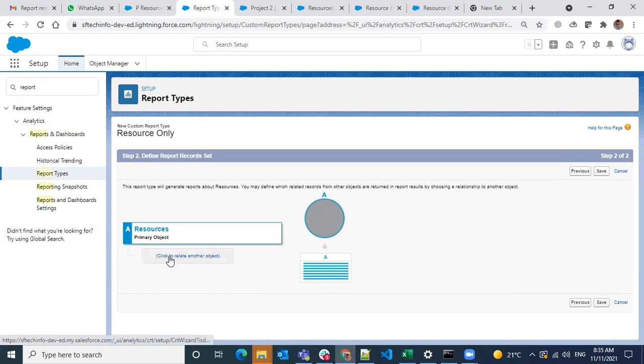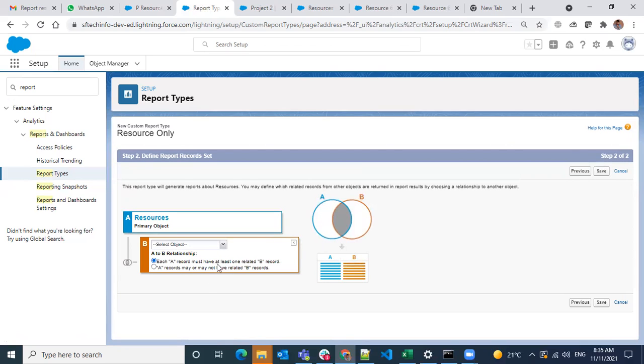So here, I'm starting with what I gave a name, it's only for resources, not for anything else. So I'm not relating any objects over here. But you can add objects that are related to it. And what are all the objects related to it? We don't have any objects because it's a child object only. It's either duplicate record events or activities, the standard related ones that are on resources.